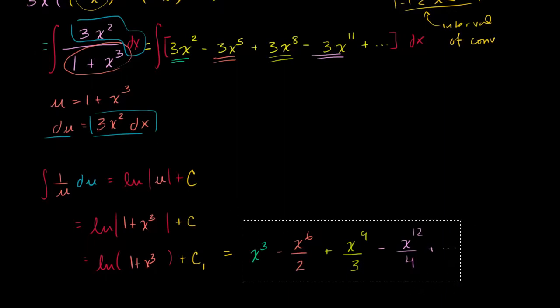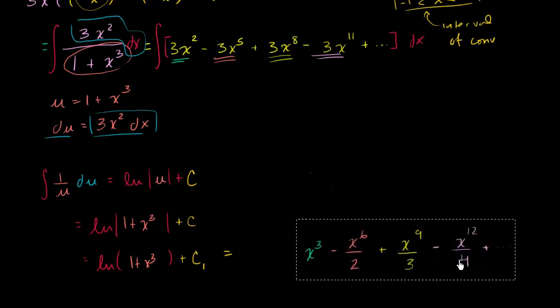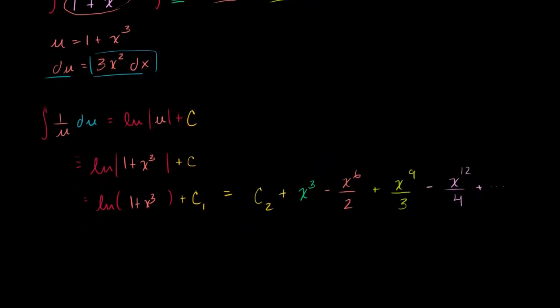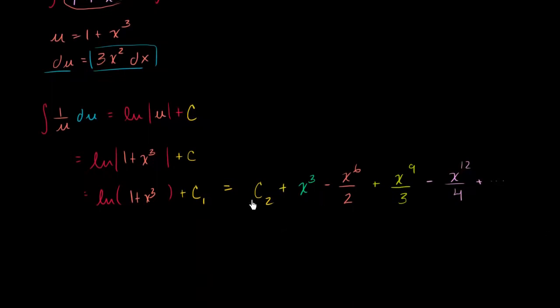So let me cut and paste that, so I have some space. Right over here, I'll put some other constant, c2, it doesn't have to be the same one, plus all of this. Now to simplify this, I could subtract c1 from both sides, or essentially from c2, and then I'm going to have the natural log of